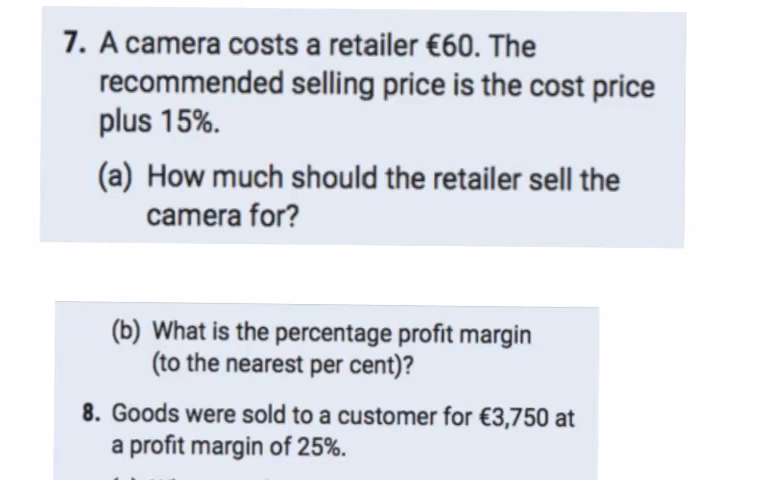In question 7, a camera costs a retailer 60 euros. The recommended selling price is the cost price plus 15%, so 60 euros. If we want to add 15%, multiply by 1.15, it's going to give 69 euros. And the profit margin